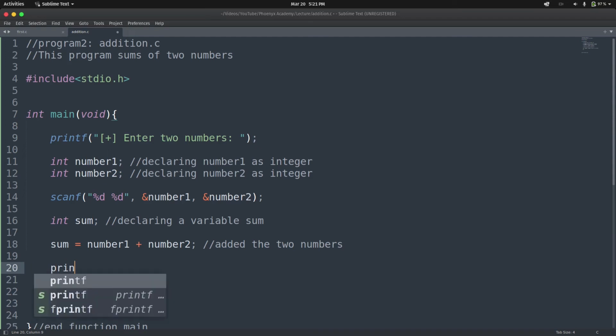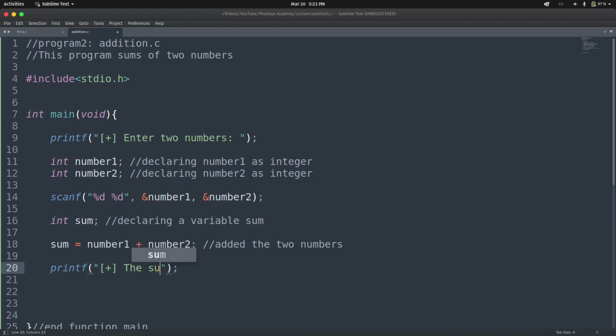So now after, we would love to make the result available to the user. So now we are going to output the result. All right, so the sum of these two numbers, okay, let's also print out the number. The sum of these two numbers, the sum of number 1 and number 2 is